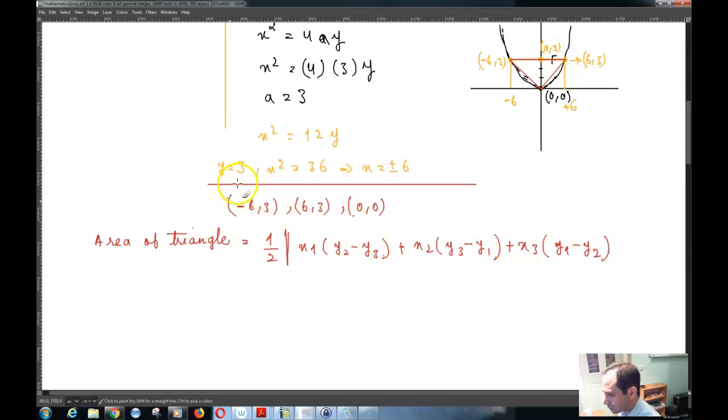Okay, so you can take this as point 1, point 2, and point 3, so this would be x1 y1, x2 y2, x3 y3. So this is equal to 1/2